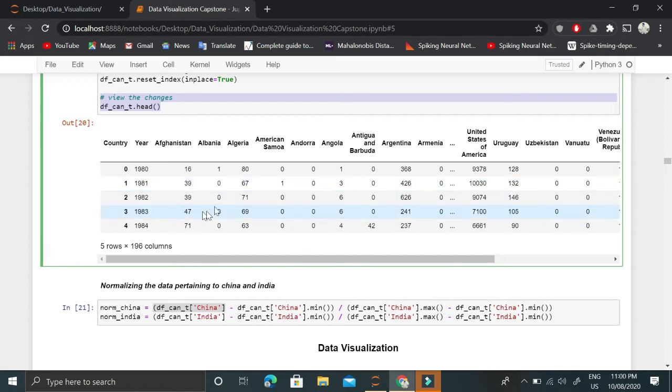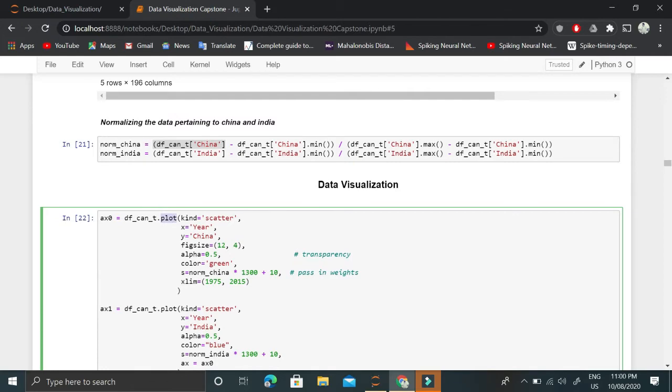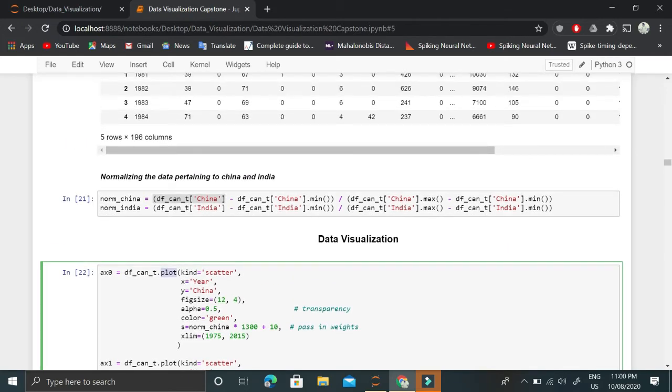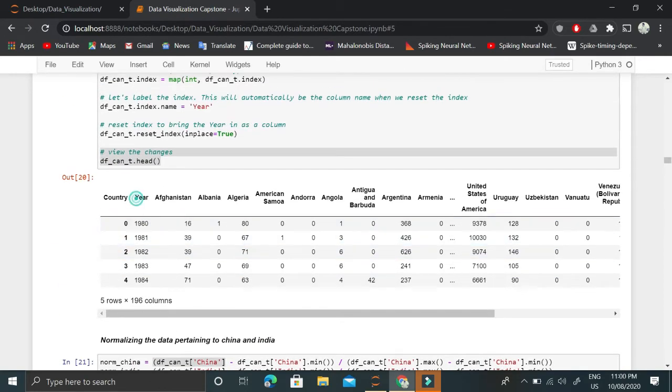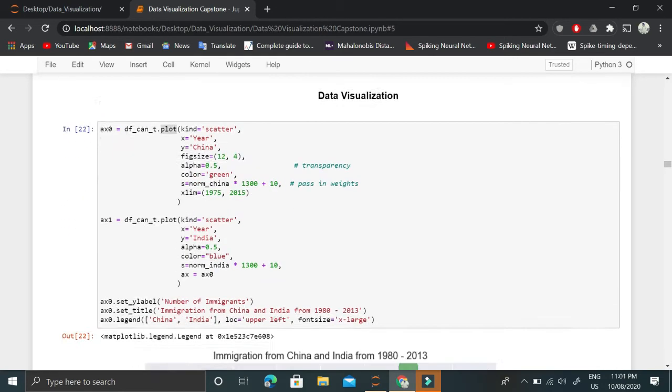Now, given this data frame, we are interested in extracting the data for China and India for all of the years. We will be using the plot function of the data frame, and this plot function is inferring this first value, this year. We'll be using year as the x-axis, and the y-axis will be used for China separately and for India separately.